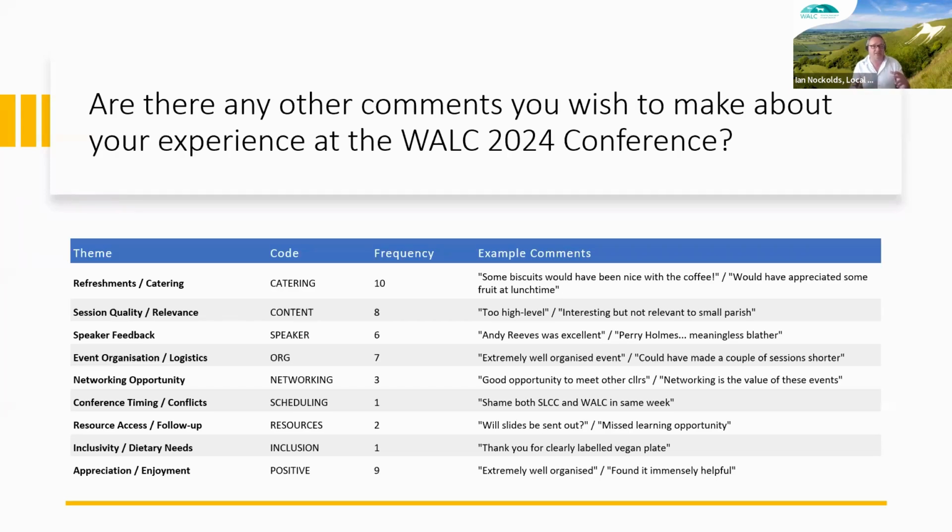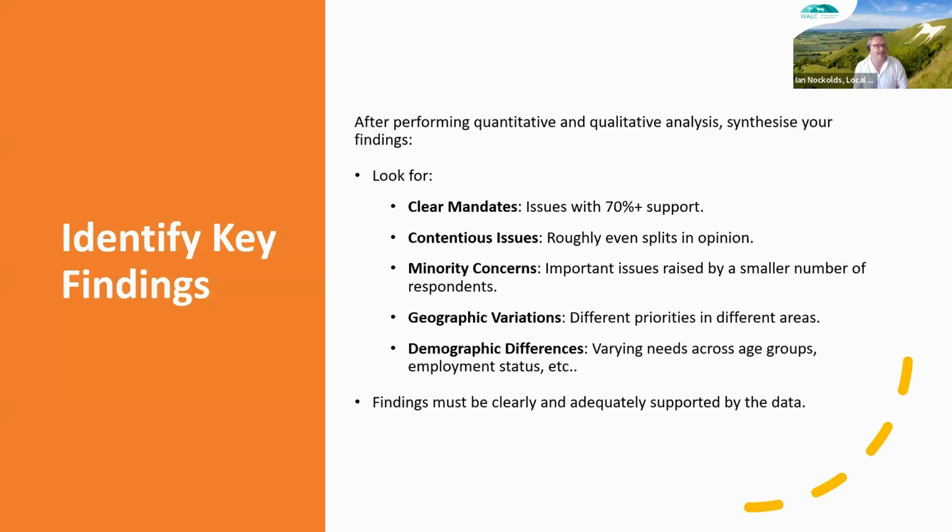Where are they coming from? And I need an example, because I can't just say catering. I can't just say org. I need to be able to explain to people what I actually mean. And here it does it. And it just produced this. I didn't even tell it to produce it like this. I just asked it to analyze my comments, and this is what it did. So I am impressed. But it always is important with AI to remember that it doesn't do the job for you. It helps you do the job. So always having that quality assurance, rereading, reviewing, testing is really, really important to make sure that what you're getting out of AI is what you expect.